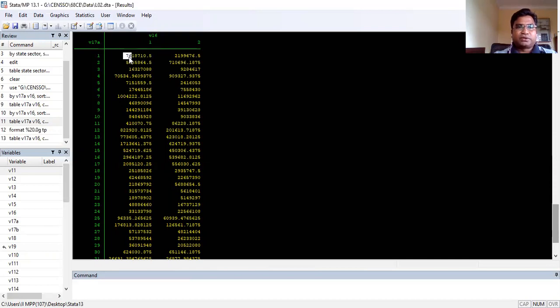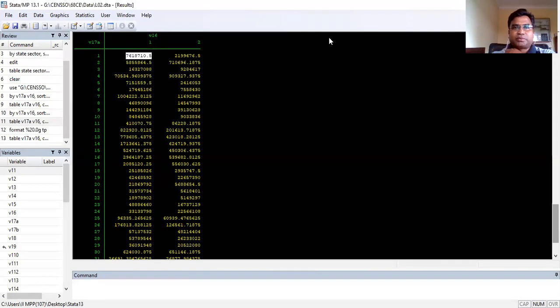So it's saying 76 lakh 18,710. So this is the total number of estimated persons in the rural area of Jammu Kashmir.